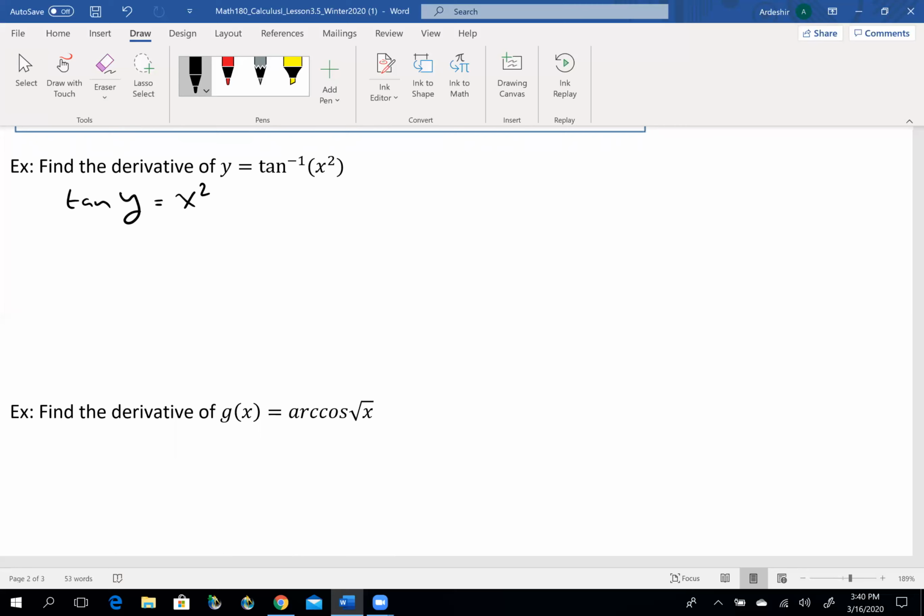The derivative of tangent y is secant squared of y, times y prime. Again, take the derivative of the mother and then the derivative of the baby. Because we take the derivative of the y function, it's going to be y prime. So secant squared of y times y prime equals the derivative of x squared, which is just 2x. Again, I'm going to isolate y prime, so divide both sides by secant squared of y. So y prime equals 2x over